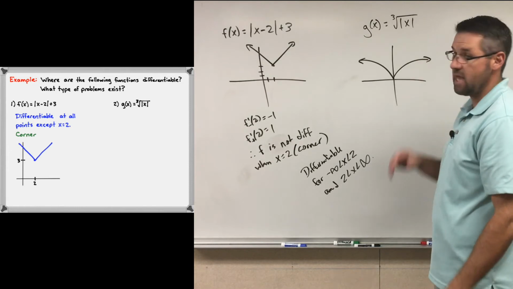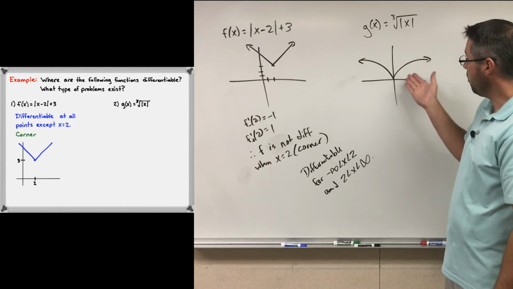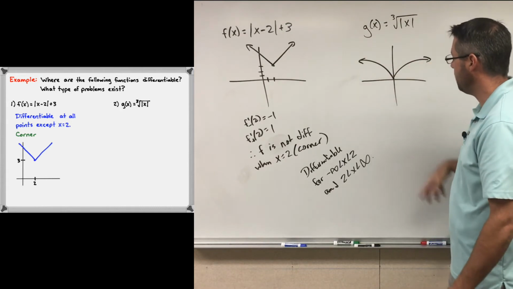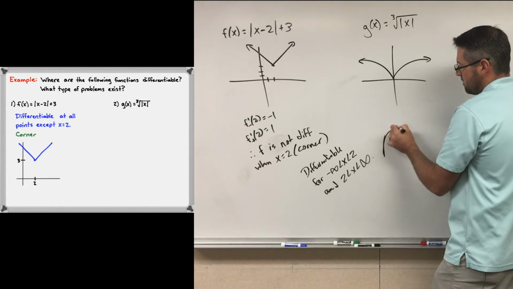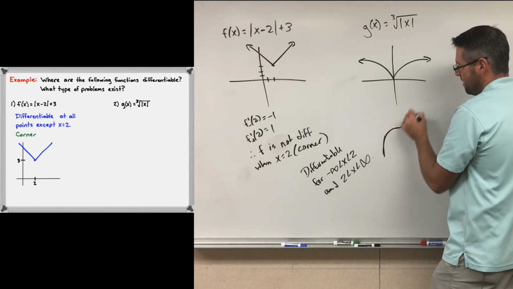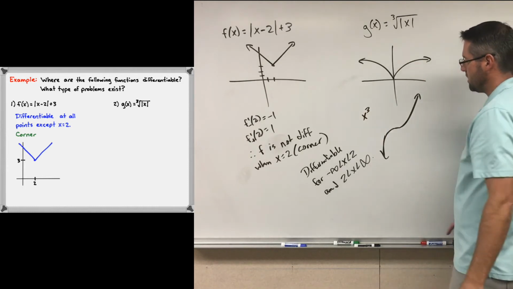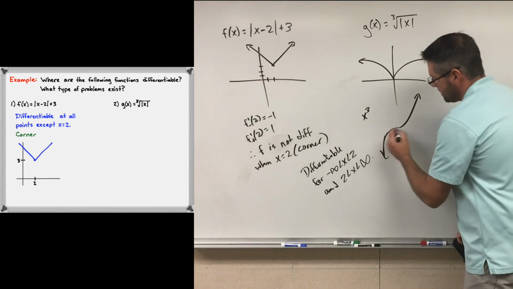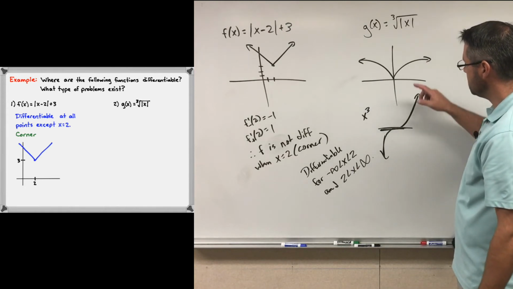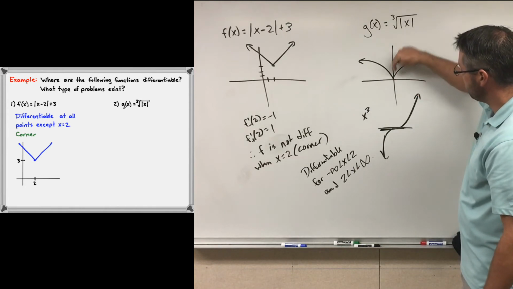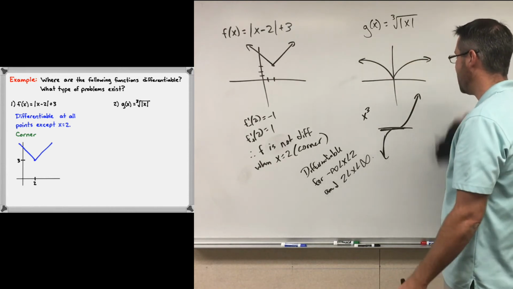Now, you might say that looks like a corner to me, or a cusp. Which one is it? How do I tell? Well, if you think of the inverse function here, some teachers call this the chill, right? Right here. If we're looking at the inverse function of the cube root of x, x cubed, we see that this tangent line is essentially horizontal, which implies that this guy is actually going vertical because it's the inverse. And so we can see that since this is going vertical on both sides, it's going to end up being